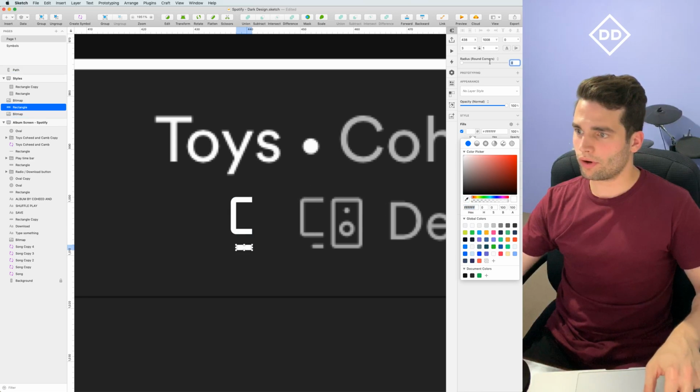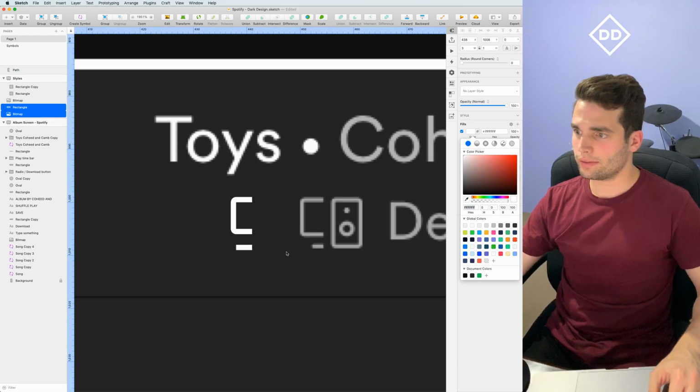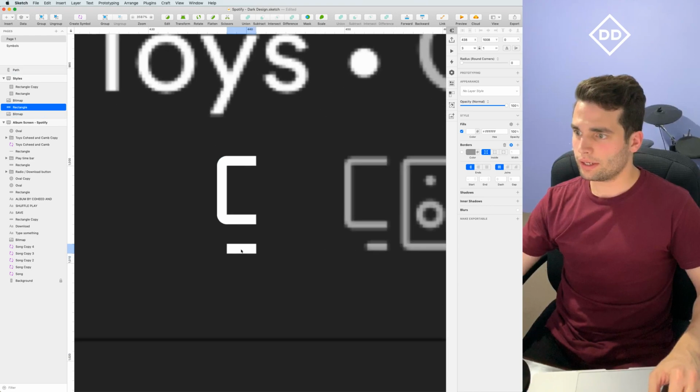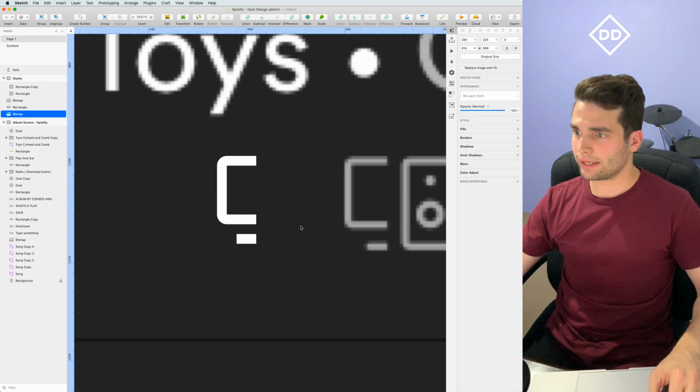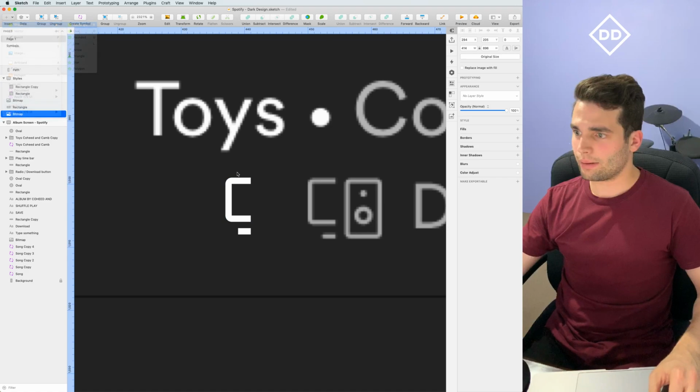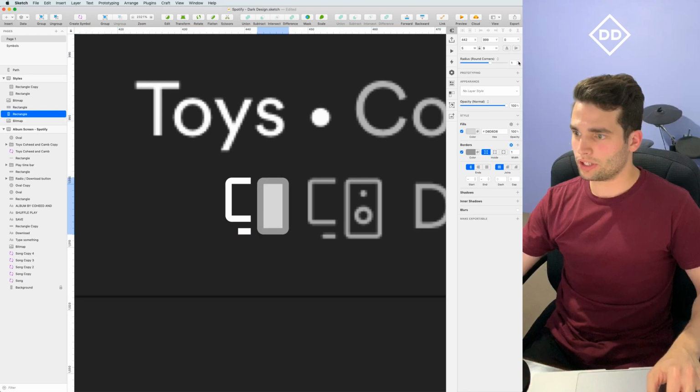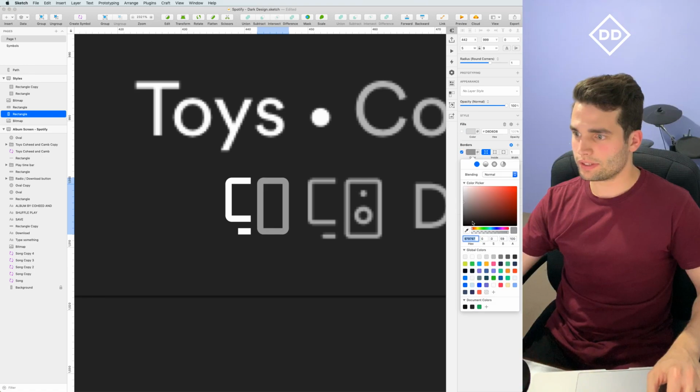And it seems like it's rounded on the left-hand edge, so we'll go 1, 1, 0, 0. It doesn't like rounded corners because it's too small at the moment, so that's okay. We'll make it 0.5, we'll just make it 1. And now we'll build another rectangle on the other side that has the same 1 pixel rounding. Turn fill off, make the borders white. Looks like it's a little wider, but it's also